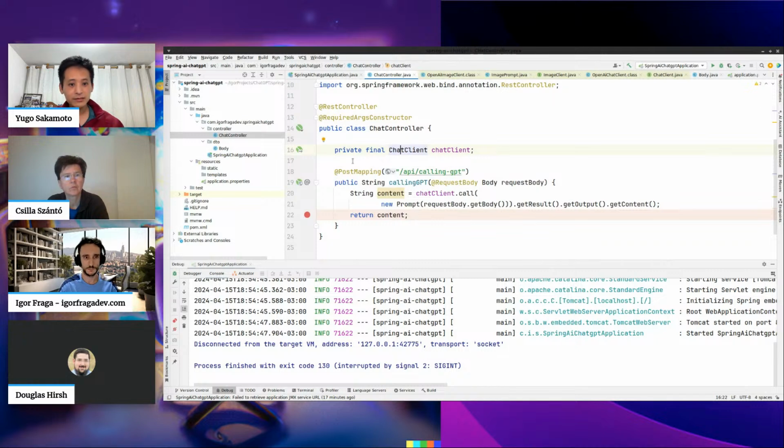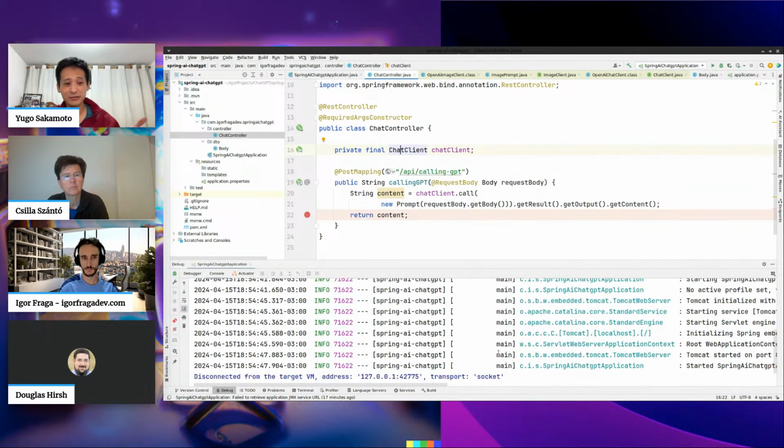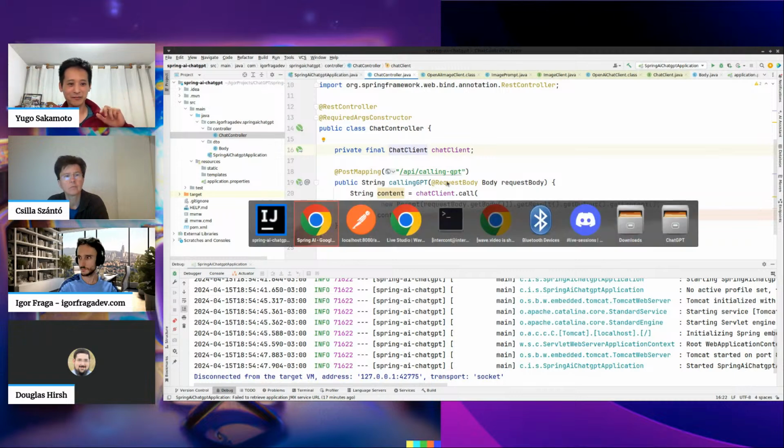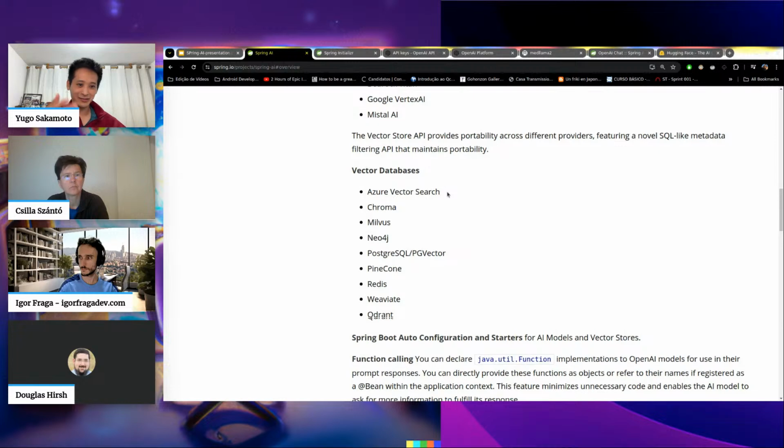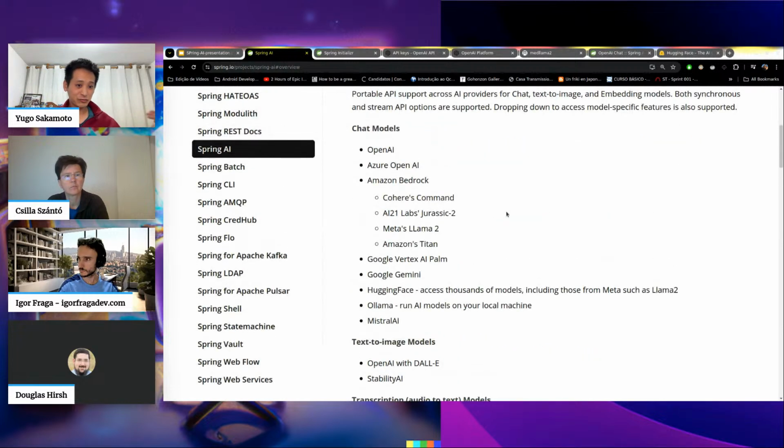Yes, it is pretty similar. The core implementation is the main interface, which is chat completion or chat models, and each of the model providers, such as OpenAI, Mistral, or any other, implements this interface, so you can interchange between the implementations depending on what you put in your dependencies. So it's pretty similar.